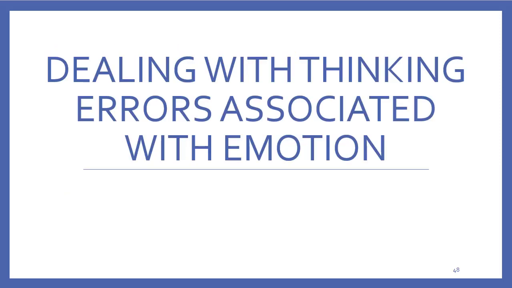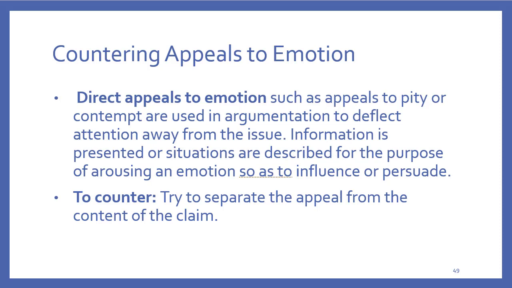All right, so when we aren't aware of what we're feeling, thinking, or what our mood is, then we have to deal with these thinking errors somehow. What happens in a lot of cases is that when people are trying to think rationally or convince you of something, they will appeal to emotion. What that means is that they're going to say, wouldn't it make you happy if? Or wouldn't it make you sad if? These are things that people will do in order to influence or persuade. What really needs to happen is that we need to separate the appeal from the content of the claim.